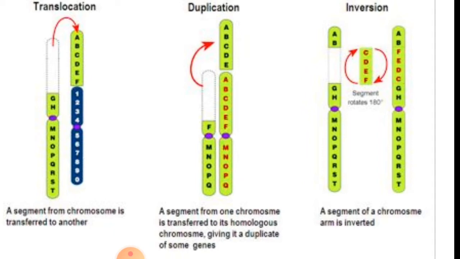Now these deletions and inversions produce new locations for genes and they may change the phenotypic expressions. They may make the affected chromosomes unable to pair in meiosis also, because pairing is on the basis of homologues, and it can also cause sterility. Now these chromosome mutations result in changes in the number of genes or in new positions for the genes on the chromosomes.